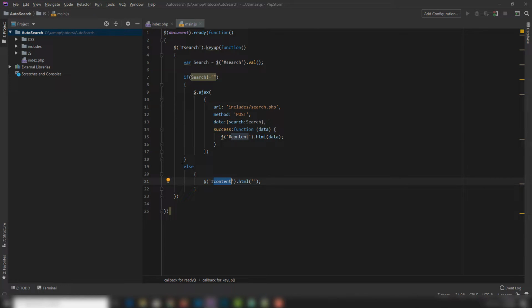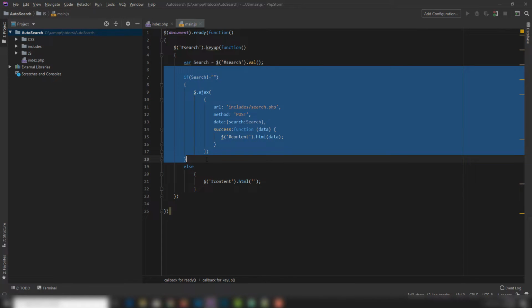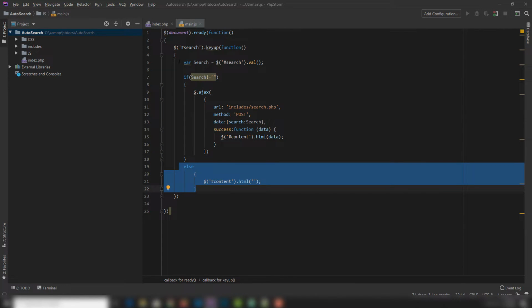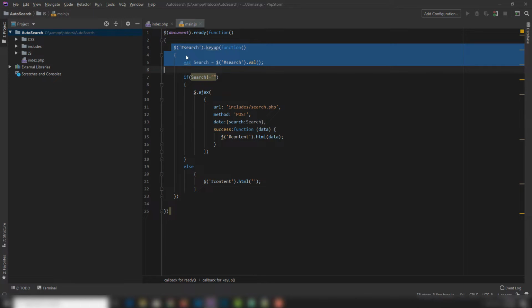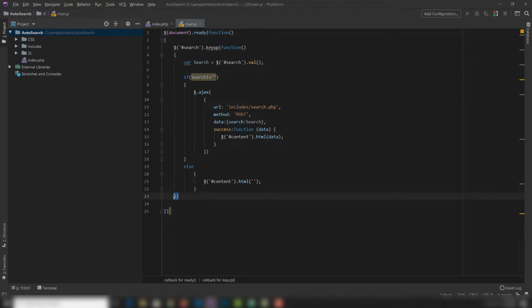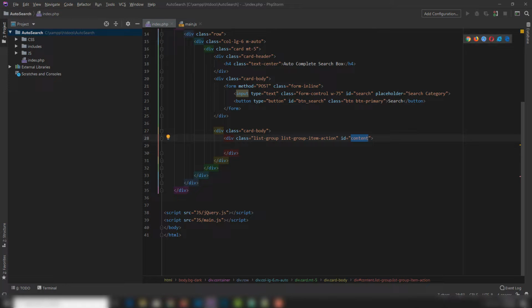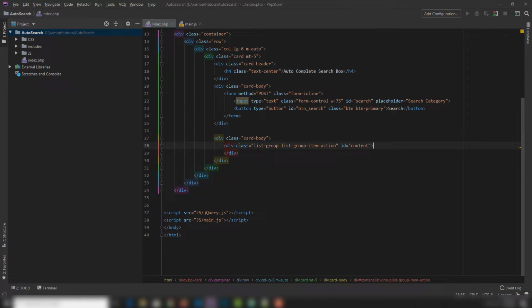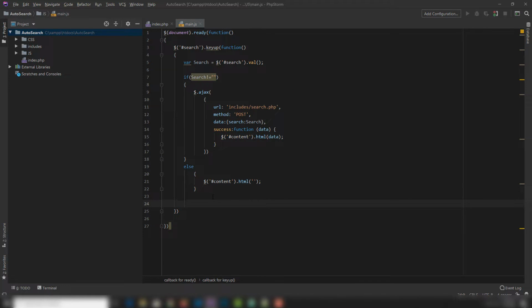Now the next thing is very important. This is the if statement, this is the else statement, and this is the keyup function, right? This one is closing there. Inside there we will target the anchor link. I'm going to show you the anchor link. Basically I will create an anchor link. I'll write the anchor link here, but I will assign the anchor link inside my PHP page. So inside there I will call